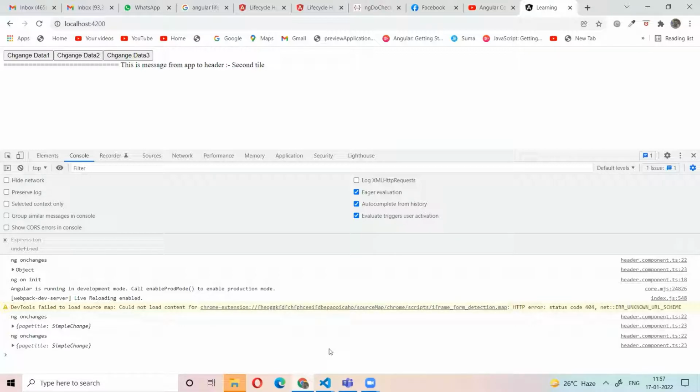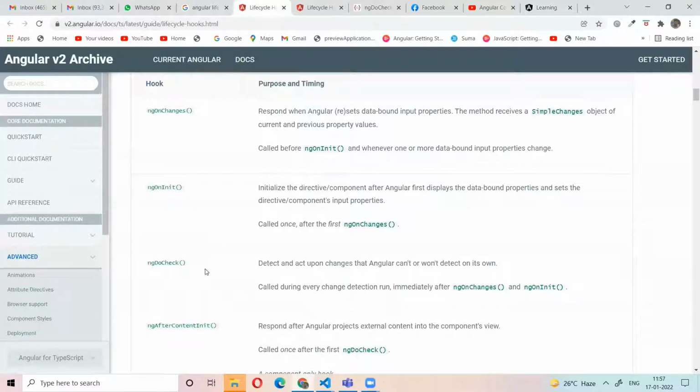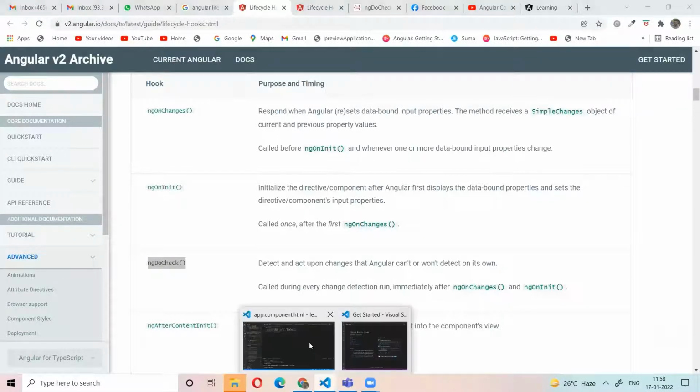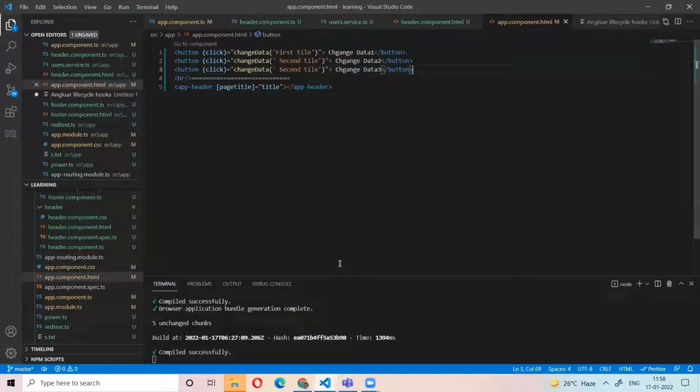But irrespective of ngOnChanges, there is another method, ngDoCheck, a lifecycle hook. ngDoCheck is irrespective of ngOnChanges. The third time you click the button, the data is not changing, so ngOnChanges is not called.